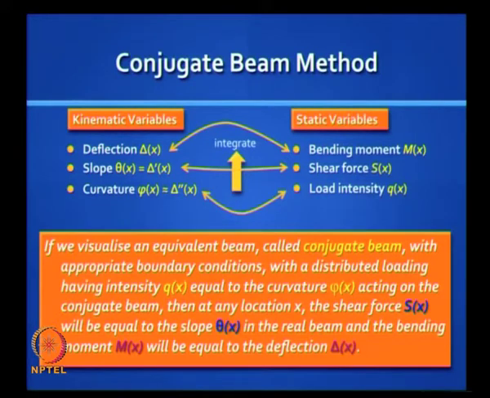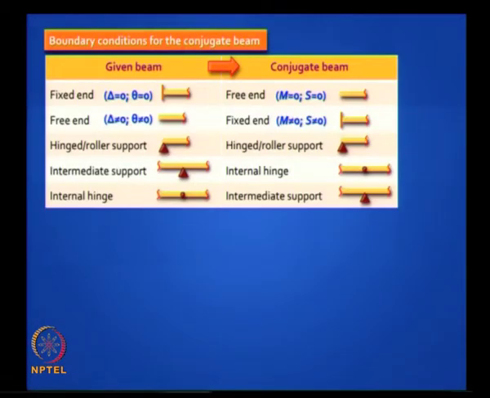In the real beam, the bending moment M of x will be equal to the deflection delta of x. So you can use that argument to prove the boundary conditions that you need to apply on the conjugate beam. At the fixed end, where the given conditions are that the deflection and slope are 0, it would imply that the bending moment and shear force in the conjugate beam should be 0, and they will always be 0 when you